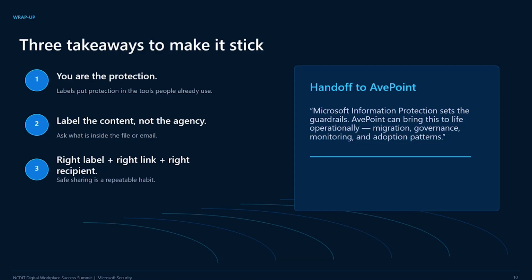All right, folks. As I mentioned, I was going to keep this nice and brief, so I'm going to wrap it up here. Three big takeaways for you. Even though you're going to have the labels, you are the protection. There's a concept of the human firewall. You're the first line of defense when it comes to data security. So always keep that in mind. The labels are there to help you make sure that when you're not there to be the first line of defense, the labels are going to pick up.